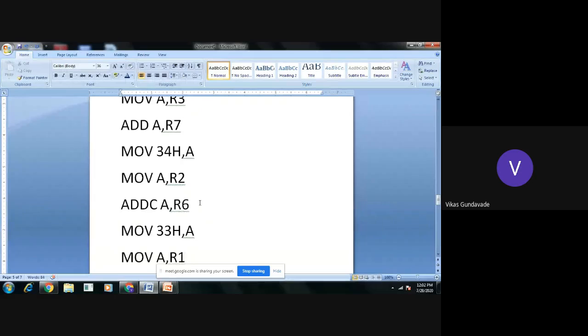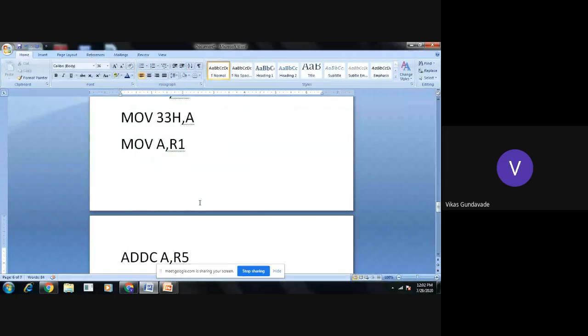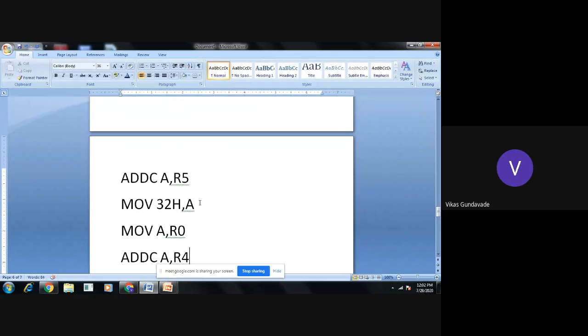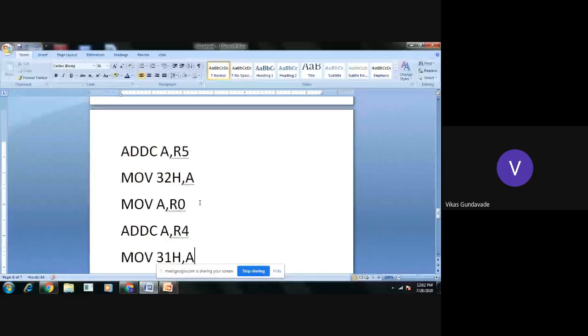After that, the next 8-bit number is taken into the accumulator, which is R5, considering carry, and the result of this addition is transferred into 32H. Then the higher 8-bit numbers we take into the accumulator. First, from R0, the first number is taken into the accumulator, and then the second higher 8-bit number is added into the accumulator considering carry, and the result of this addition is transferred into 31H.